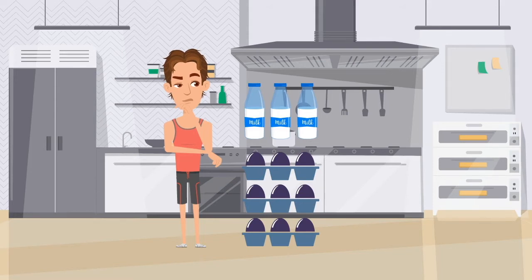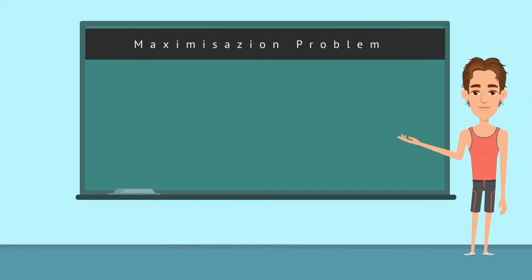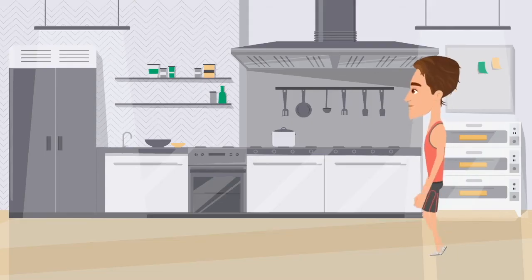John recalls from one of his courses at university that he could apply linear programming, for example, a graphic solution. John has a maximization problem with the following function: the number of portions of scrambled eggs times 25 grams of protein, since one portion contains 25 grams of protein, plus the number of portions of pancakes, again times 25 grams of protein. This is equal to Z, or in other words, 25x plus 25y equals Z. To solve this equation,